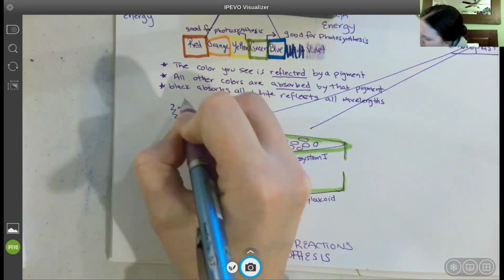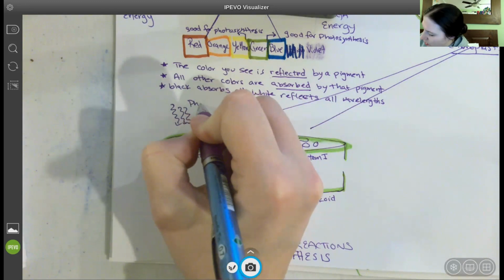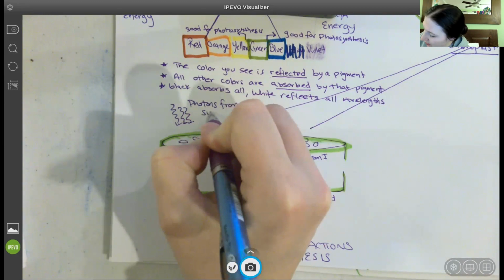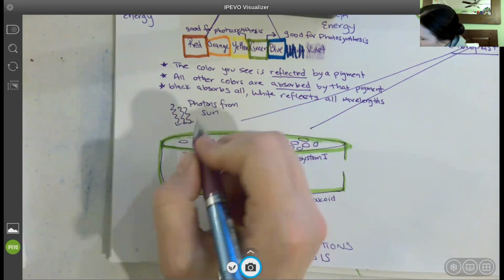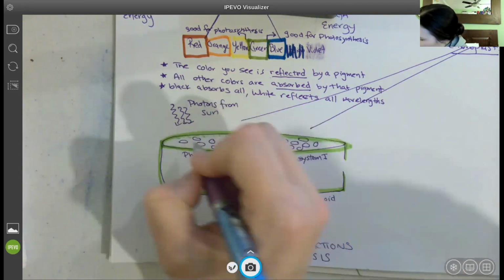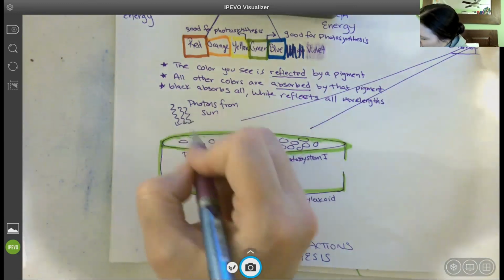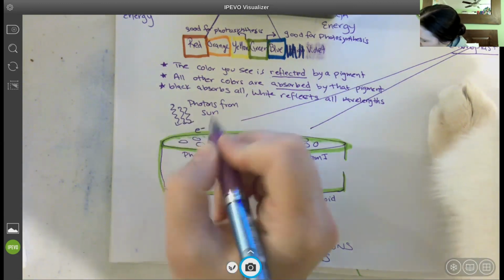But you have photons, which are essentially particles of light from the sun. It doesn't really have to be the sun. It can be from a light bulb or some other kind of incandescent light. Plants can use those. You can buy grow lights that are even better than that. But essentially what happens is that in photosystem 2, you excite electrons. Those photons make, and remember that electrons are like our little letter E's,